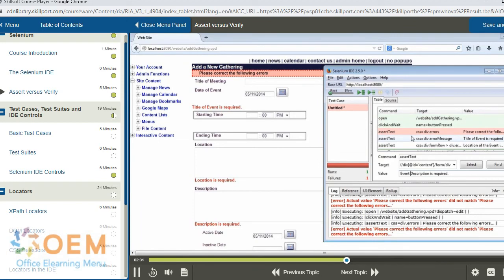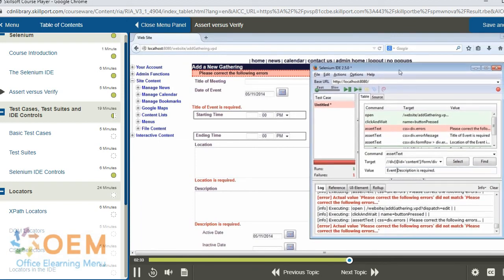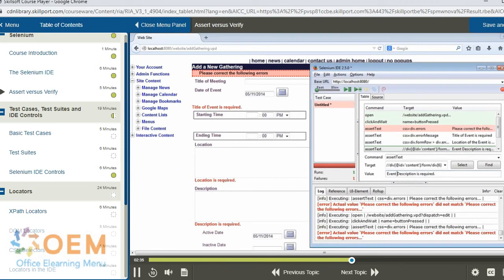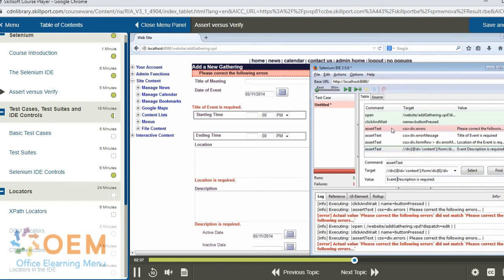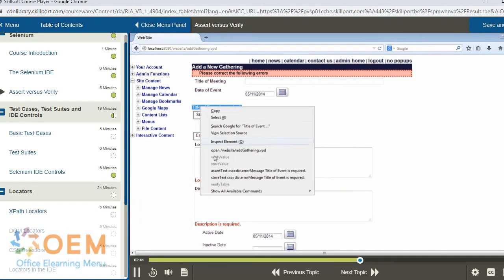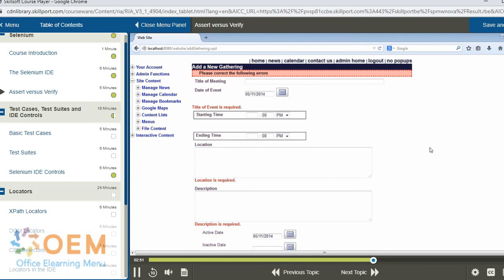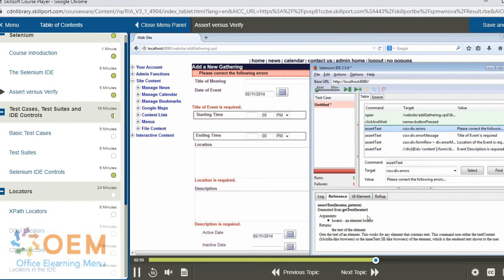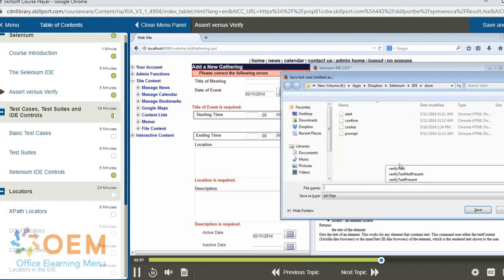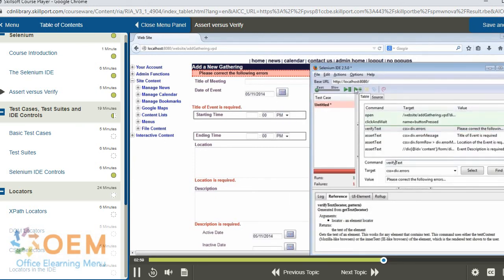Well, that's highly undesirable. I don't want my testing cycle to go over many days for things that should be checked right there. Now, when I did my check inside of here, notice I right-clicked and it said assert, because that's the one that pops up right away. The proper choice inside of here should have been go to all the commands here and then pick the verify inside of here. So I can do that just as easily by checking it on this side. I'm going to go over here and change assert to be verify text. So now by changing this to be verify, when I run the test again,